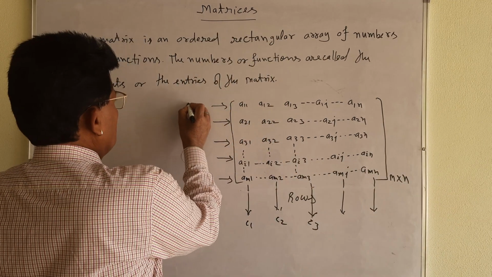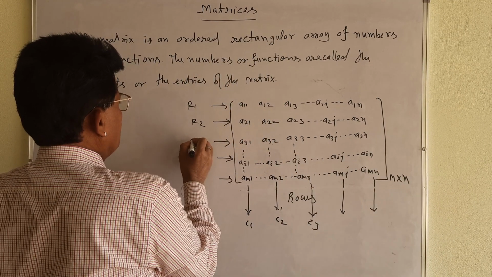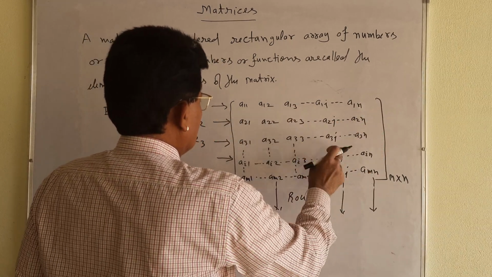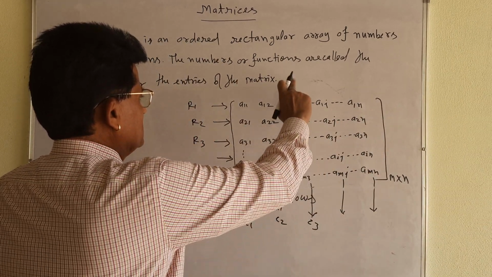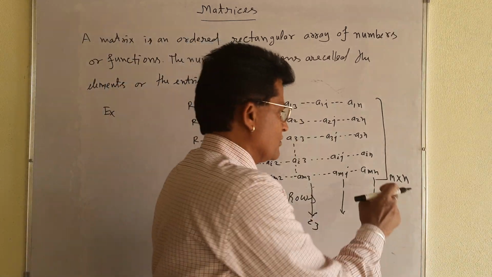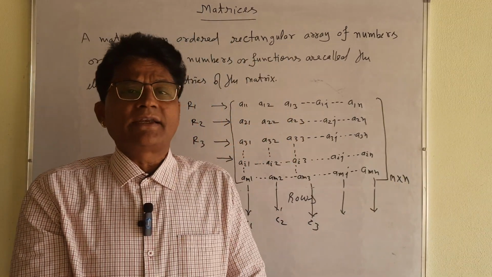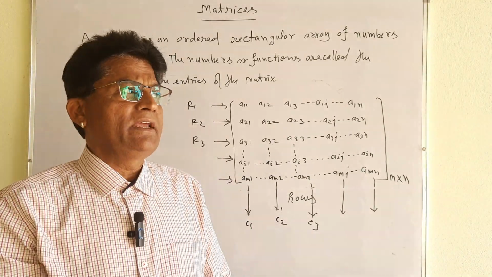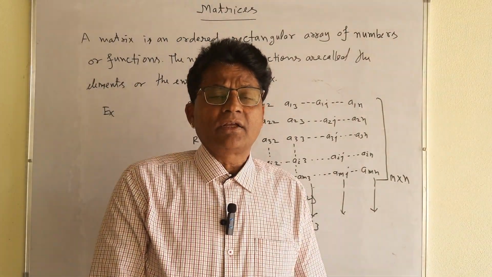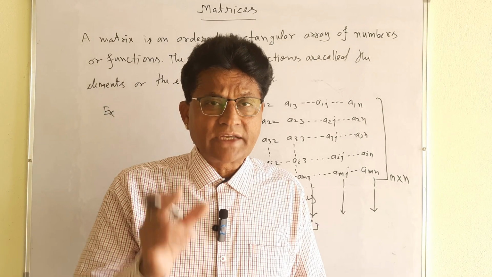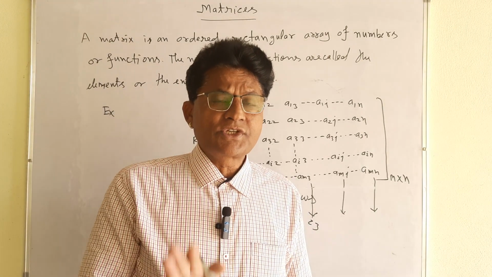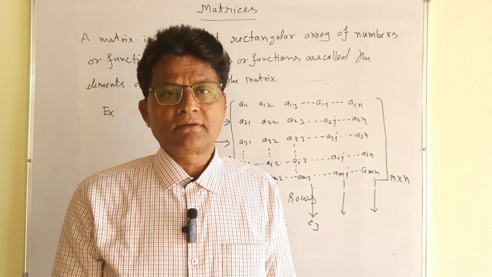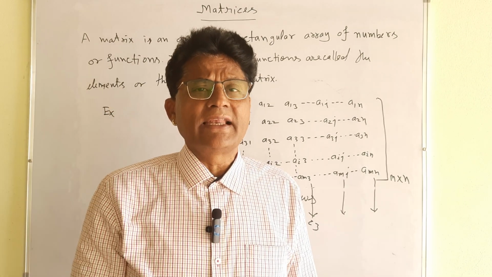This will be the first row R1, second row R2, third row R3, first column, second column, third column. First you write the entry of the row, and secondly you write the entry of the column. My dear student, you see carefully. That is the very important part of your matrices, because I told you many times, first you clear the definition, then the formula, and solve the simple questions related to that.